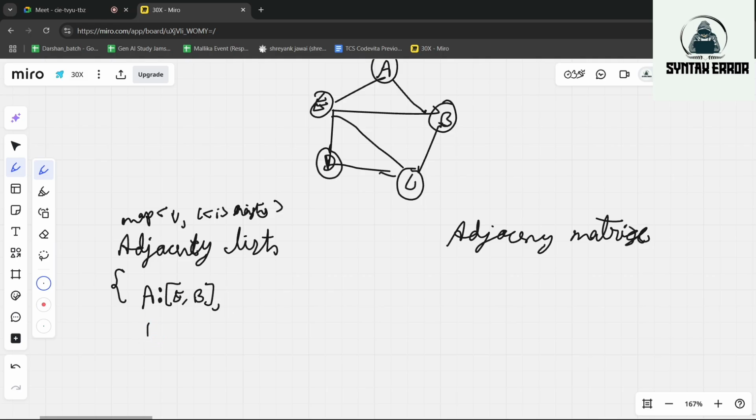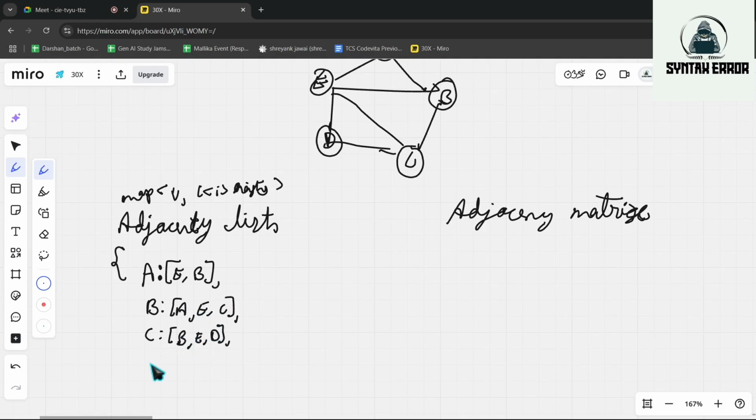Next, we have to get the next vertex, B. For B, we will get A, E, and C. Next, for C: B, E, and D. Here the order is okay, you can just write it any way. For D: E, C. Last one is E: A, B, C, D. We will close it.